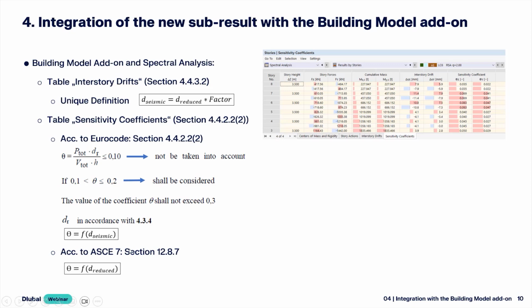Just as a summary, I'm going to show a graphical reference here. In this case, this standard defines the sensitivity coefficient based on reduced displacement. It's quite a particular approach, but it's what the standard defines, and we have to follow it now. So here we are on two levels for the same norm,